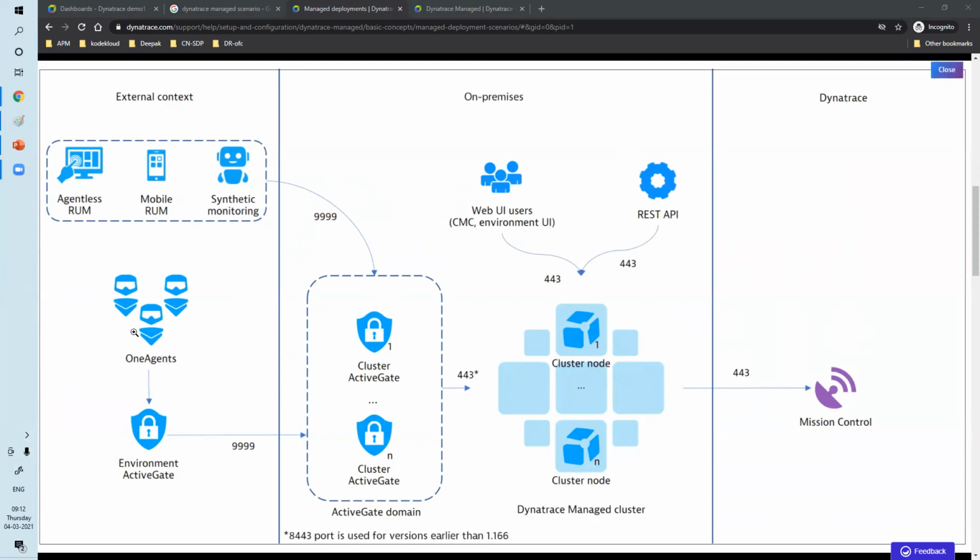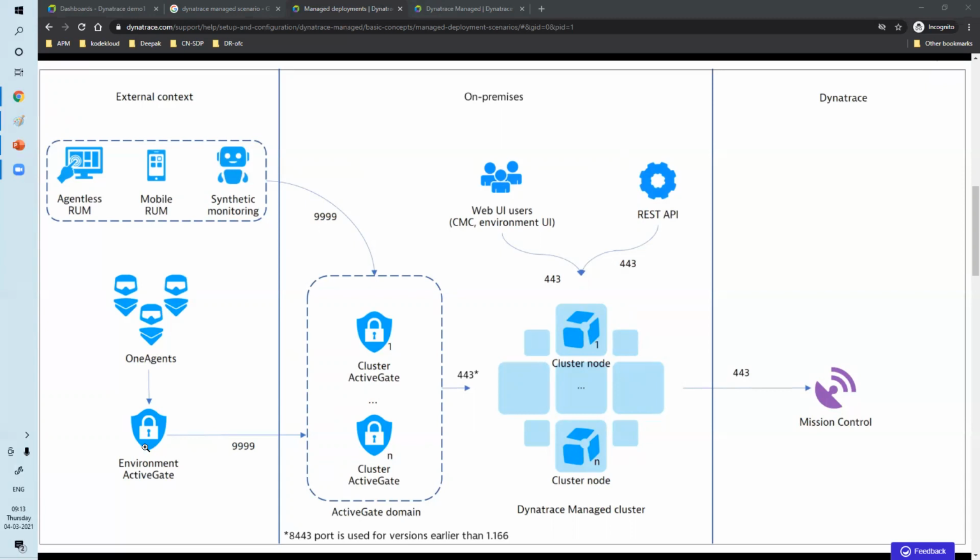Now, OneAgent. What about the Environment ActiveGate? It is still required for memory dumps and cloud monitoring. OneAgent will send the data to the Environment ActiveGate for traffic management, compressing the traffic, and when you want to take a memory dump.